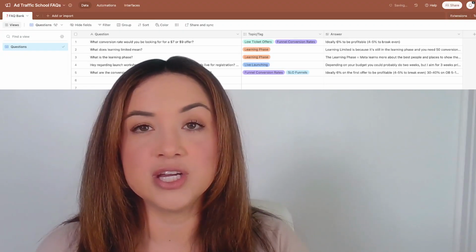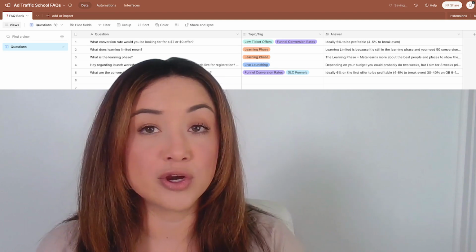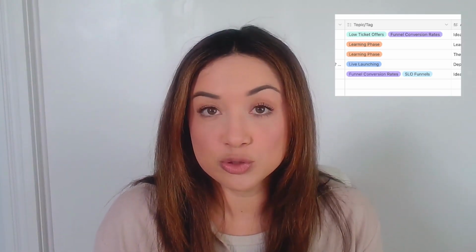Now, every single question is also categorized by the topic, or tag. So each individual question is categorized by either one or multiple tags. In this really cool FAQ bank, I wanted the topics and tags to be searchable within the actual portal itself. So in order to take all this data that I've inputted into Airtable, I basically have